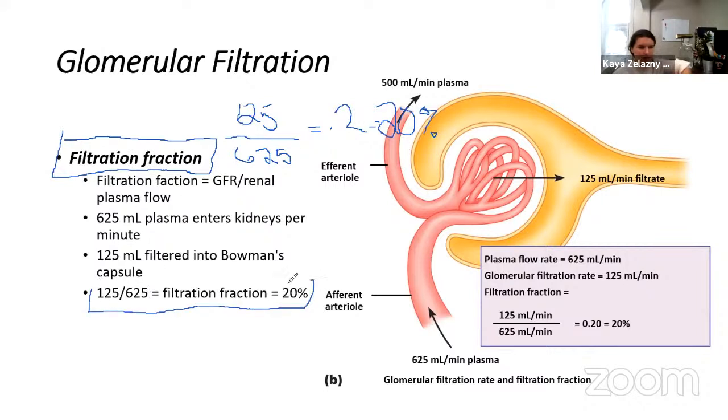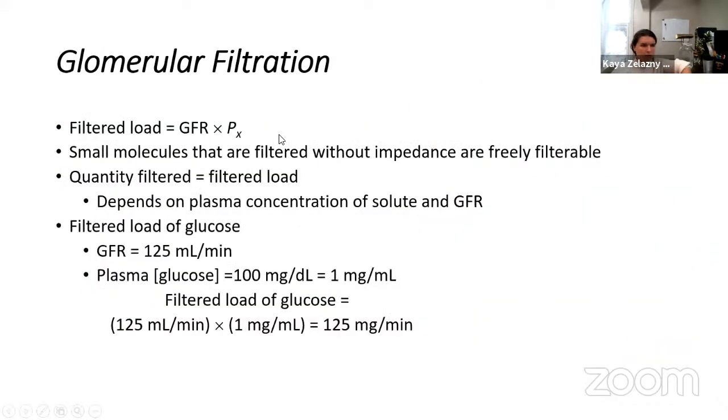So here you can see it calculated out. It's also calculated out here. Now, what we can also do with this GFR, the GFR being 125, is calculate the filtered load of small molecules. So our filtered load, think of it as how much is filtered into the kidneys. What we're going to do is take that glomerular filtration rate, that 125 milliliters a minute,